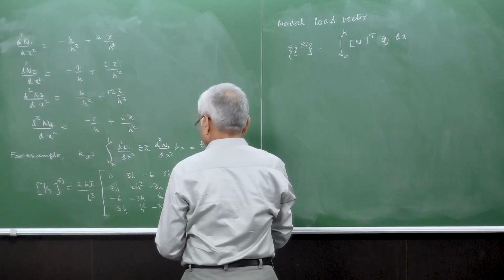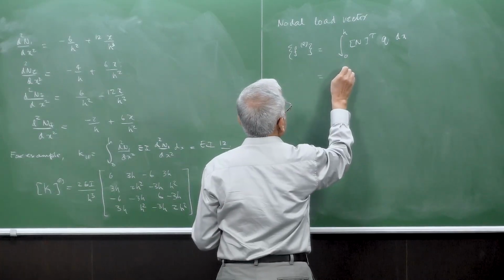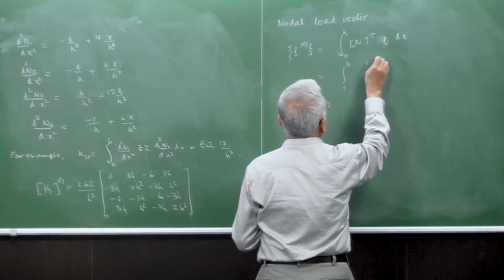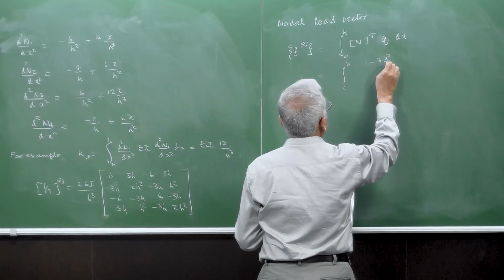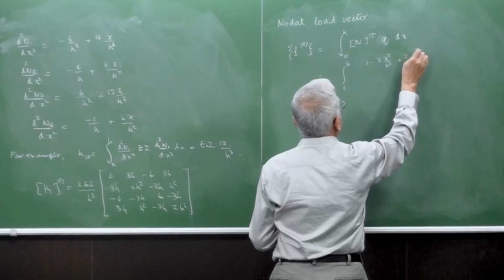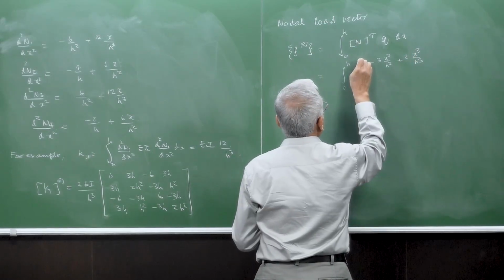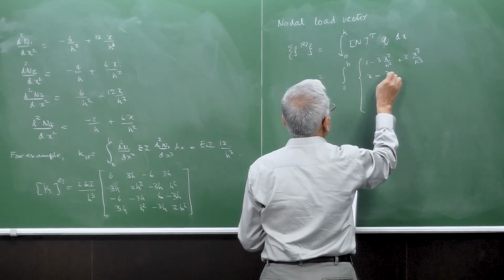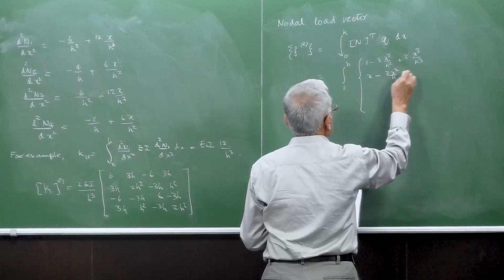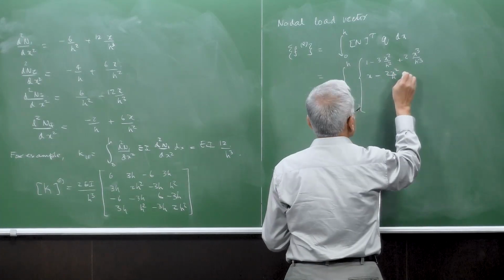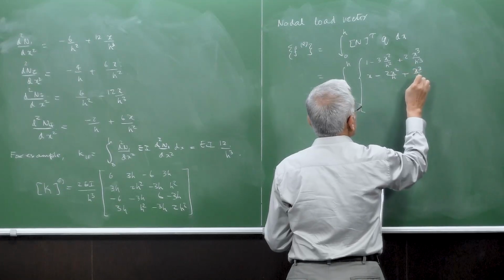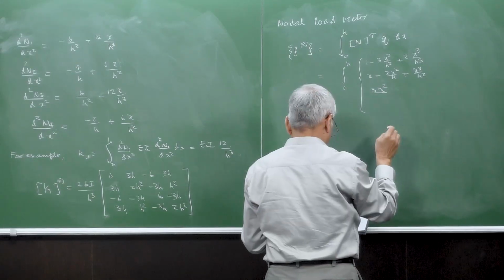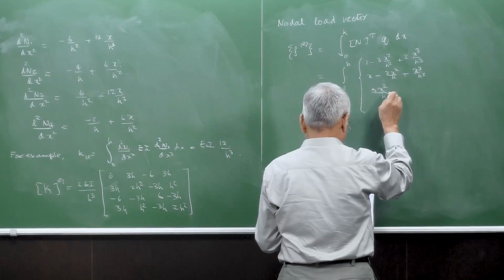So it is nothing but your N appearing here again. X square by h square, minus